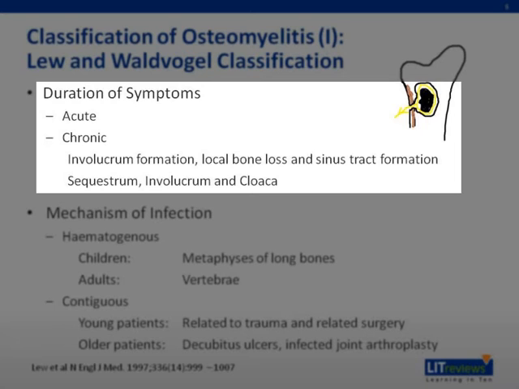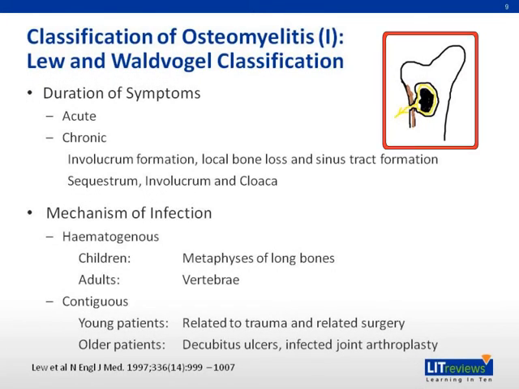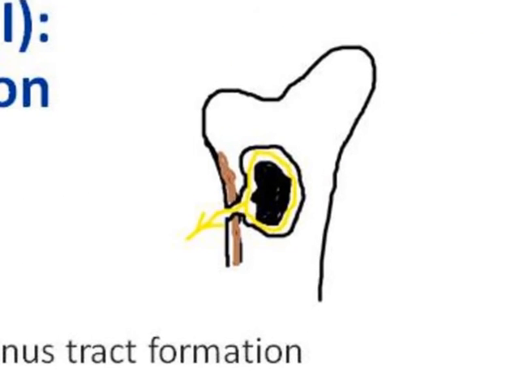This is illustrated in this cartoon here. With the septic spot developing in the bone, there's inflammation, some bone dies, and this black dot here is called the sequestrum. In response to the bone inflammation, there's periosteal reaction. New bone forms, characterized by this brown annotation here, and that's the involucrum. The pus forms around the sequestrum and discharges through the cloaca, and that's your sinus tract formation.